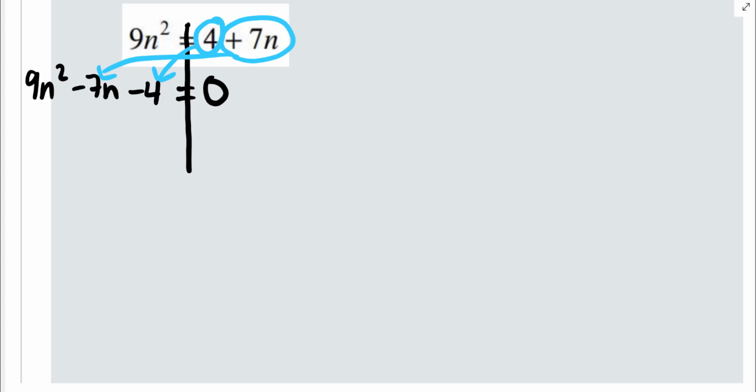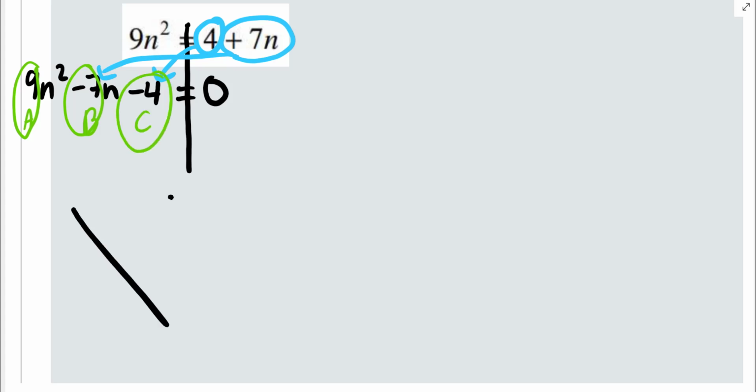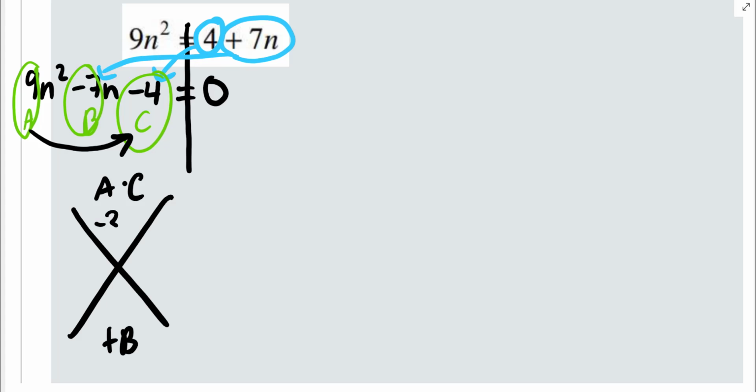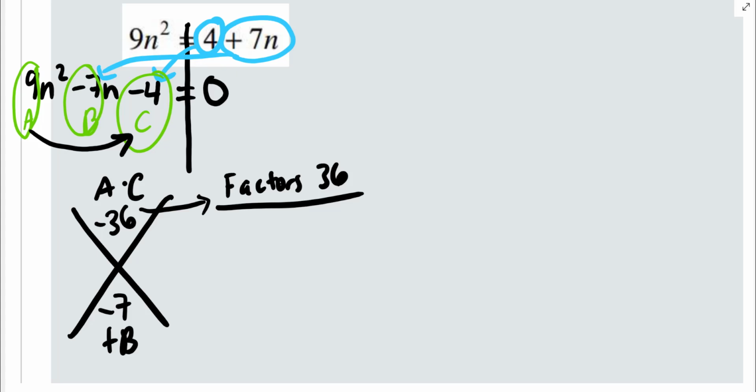So in this case, A is 9, B is negative 7, and C is negative 4. Now I'm always going to try the x method first because I find it easier. So A times C would be negative 36, and B would be negative 7. Now we're going to do the factors of 36. Again, you can ignore the negative. So factors of 36 is 1 times 36,